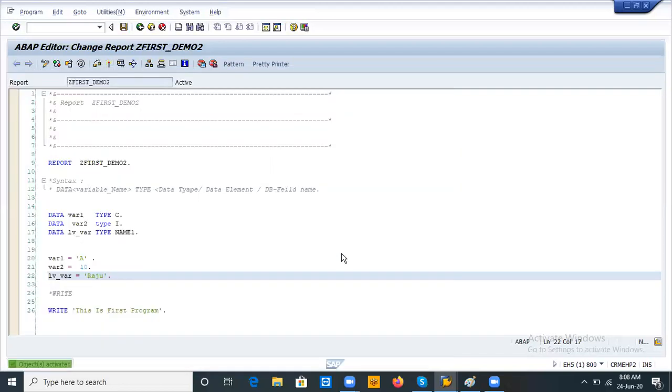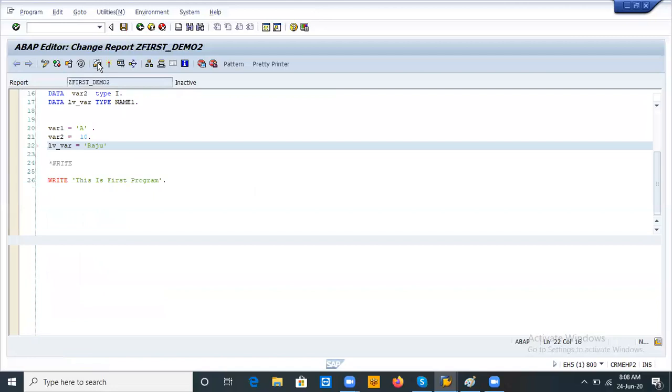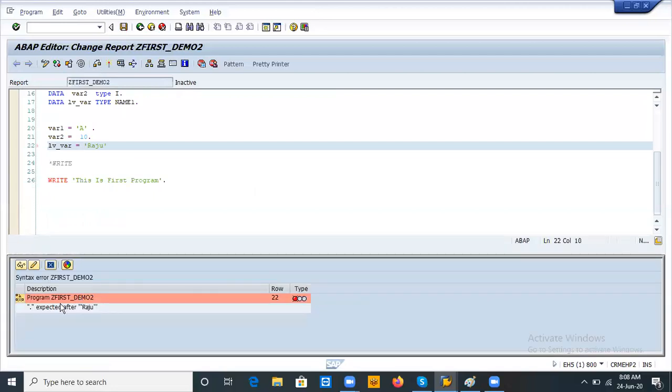See, I will show why the colon is required. I am removing this colon after Raju. Save and check syntax. See what error is coming. Dot expected. The advantage of SAP ABAP is that the system gives the error, and even the solution, but you have to analyze that error. This is a syntax error.